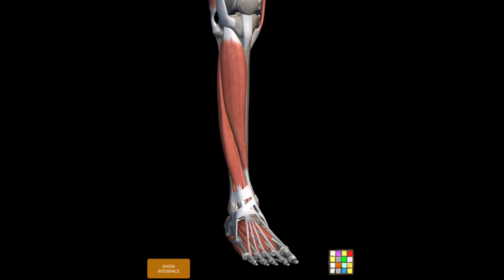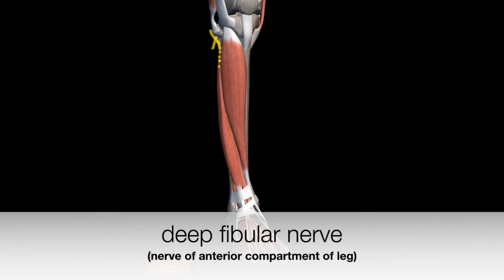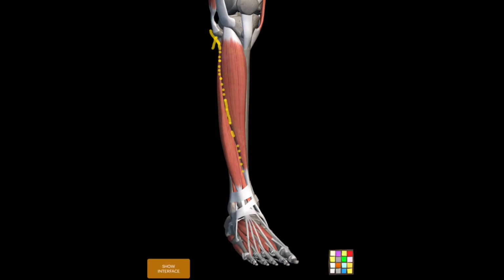So the deep fibular nerve will depart from the common fibular and tunnel its way in the anterior compartment, supplying the muscles tibialis anterior, extensor hallucis longus down here, and extensor digitorum longus, and also fibularis tertius way down here,